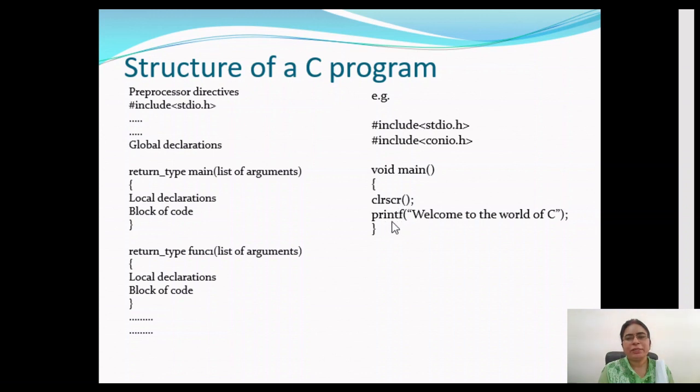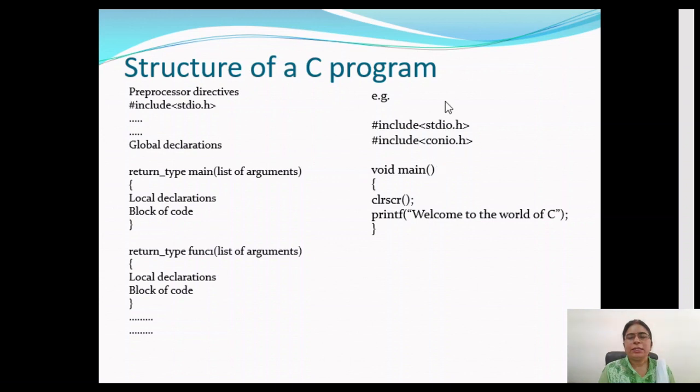And with the help of the printf statement, we can print a statement or the output on the screen. The argument that it expects is a format string, and then we can pass variables also if we want to print the value of certain variables. Right now we are printing a constant message, welcome to the world of C. That's why I have passed just the format string in double quotes. A string is a sequence of characters enclosed in double quotes. So I have passed it like this here.